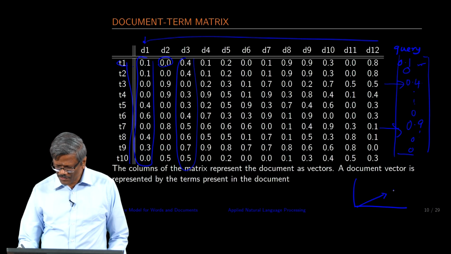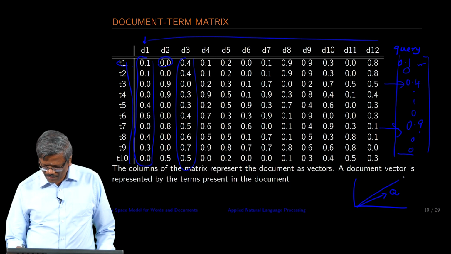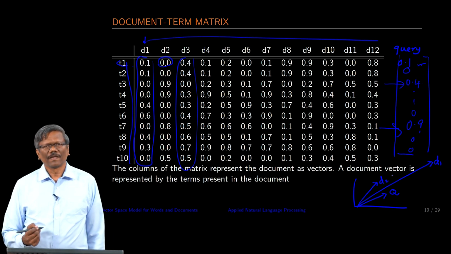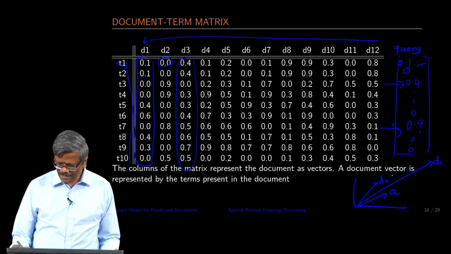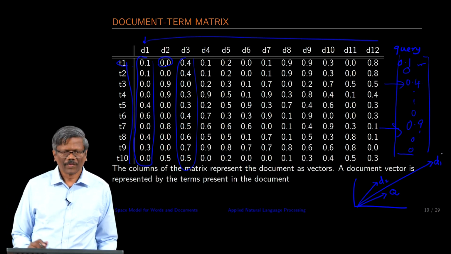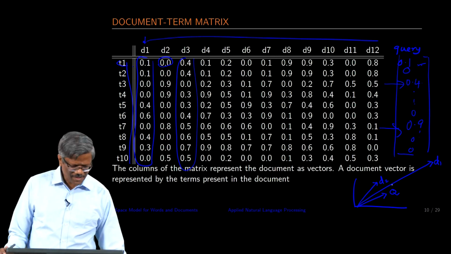Let us assume that this is your query, and then some vectors would be very long and some would be very short, like this. So, it is not going to really give you a good measure if the length is too long. So, it is not advisable to go for a distance measure for finding the similarity of documents.